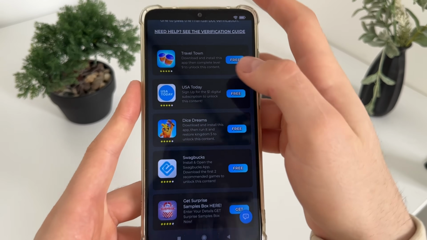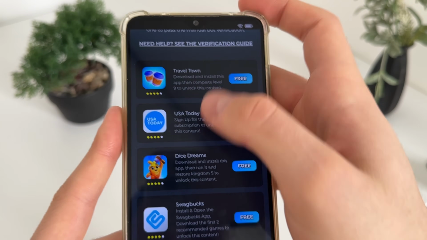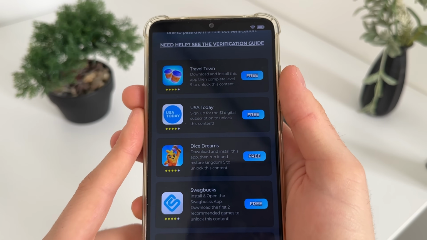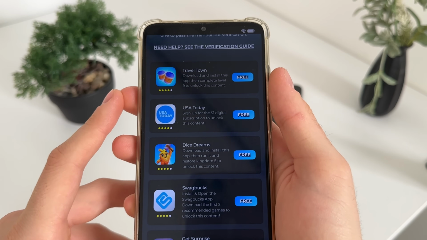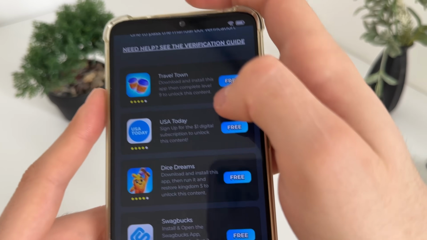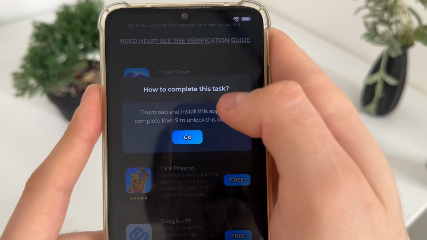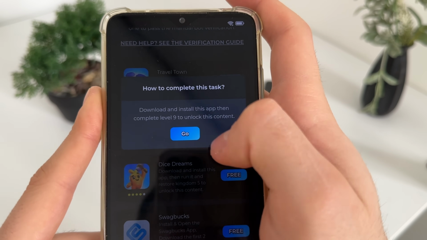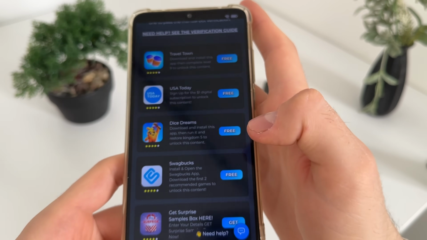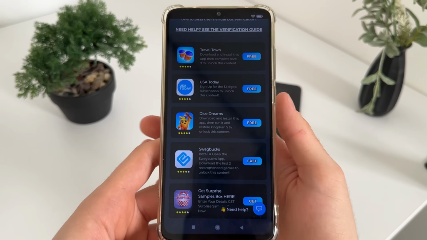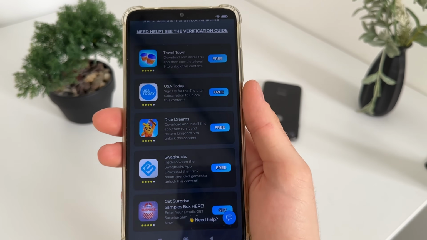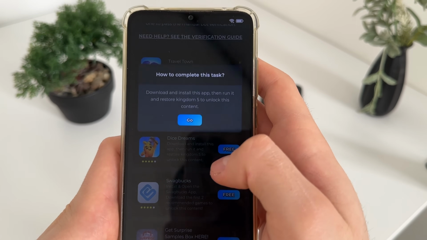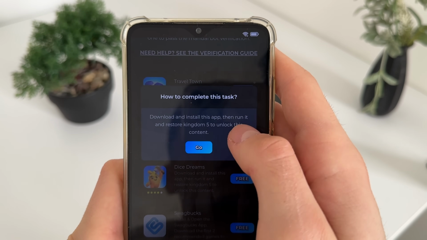So what will I do now? I will download Travel Town and Dice Dreams because I think it will be fun, and it will take about 2 minutes to complete these 2 tasks. So basically I will click free, and I will download this game, and I will install it and complete level 9. So click go, and it will start downloading it from Google Play or App Store if you're using your iOS devices. So guys, after this I will download Dice Dreams, and I will install it, then run it and